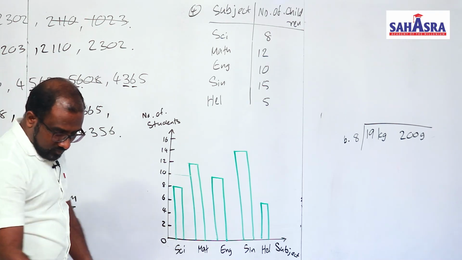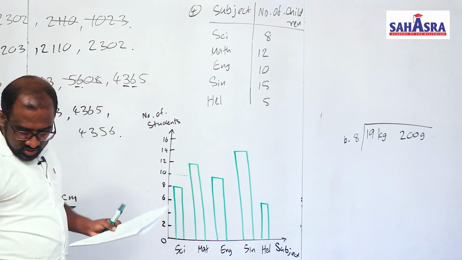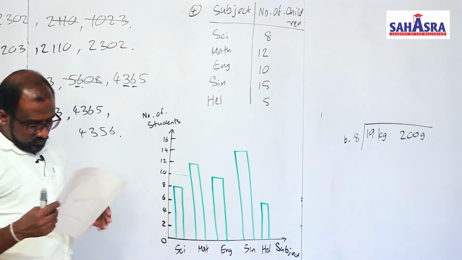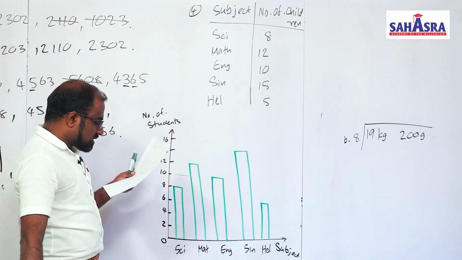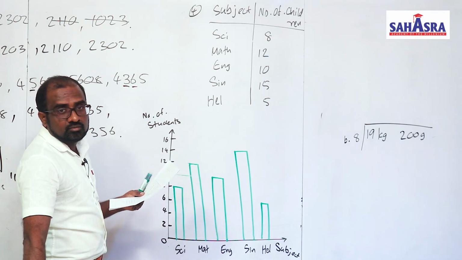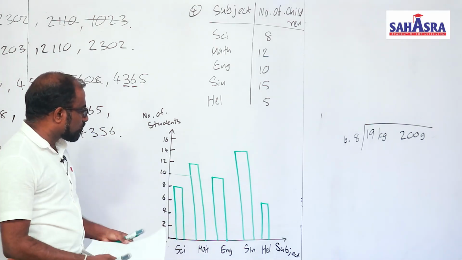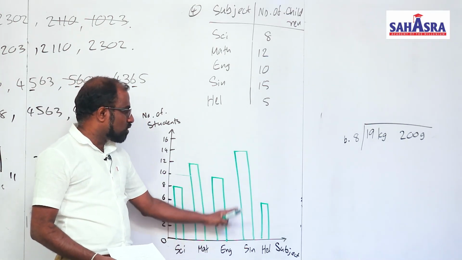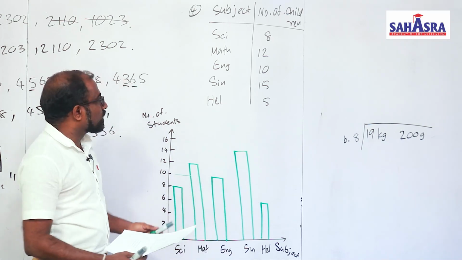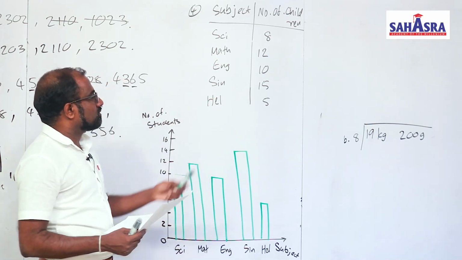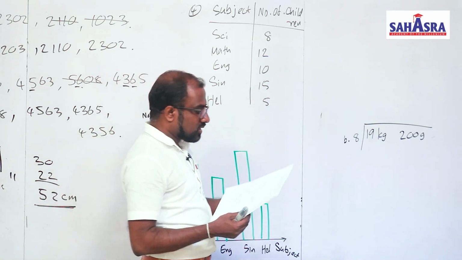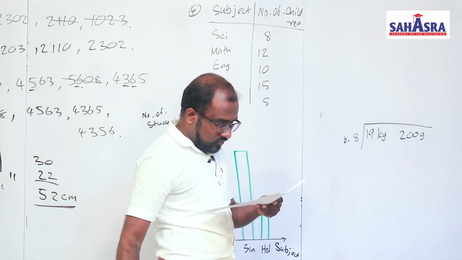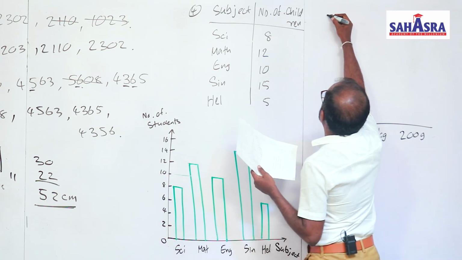Then, what are the questions asked from the bar graph? Question number 1. What is the subject most of the children like? So you have to find the tallest bar. Most of the children like Sinhala. You can even answer from this table: 15 children. So what is the favorite subject of most of the children? The answer to the first question,